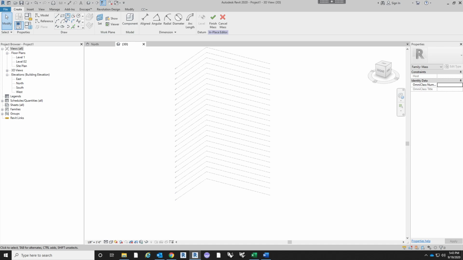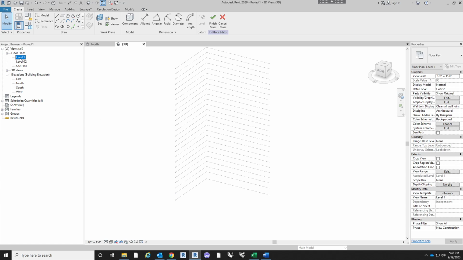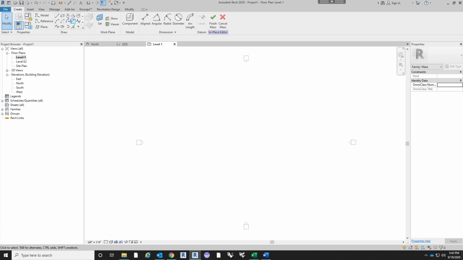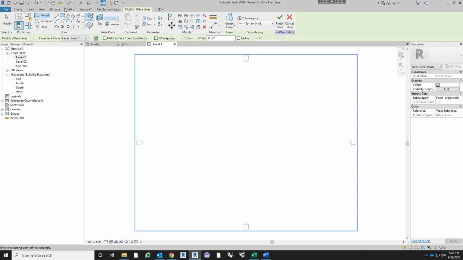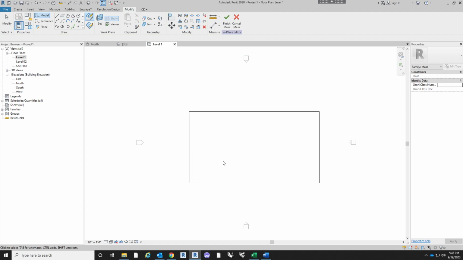The 2D drawing tabs are what you're going to start off with. You're essentially going to draw, just like you would in Rhino, 2D line work to then create 3D form from. So what I'm going to do is go to level 1, and draw a rectangle. Up here under the draw group, just grab a rectangle, drag and drop,